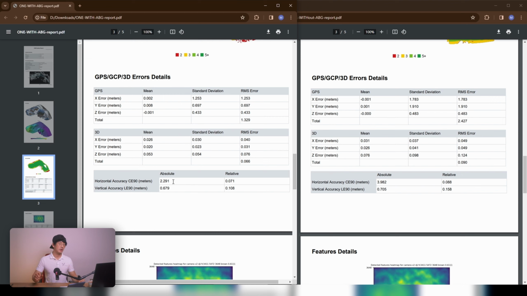My understanding is the absolute horizontal accuracy is 2.291. These are examples, I'm not sure. If you want more accurate information, you want to check out the professional surveyors' web page. But my understanding is, horizontal accuracy is absolutely 2.291, meaning, say you have a circle, the diameter is 2.291, and your drone is somewhere around